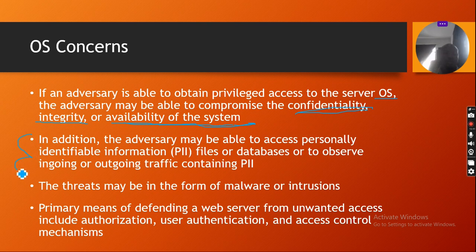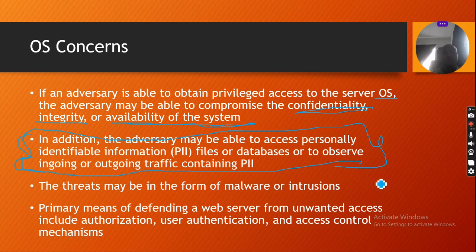They want to eavesdrop or observe the traffic, the ingoing and outgoing traffic of all the personally identifiable information. You know, when they have access to all the ingoing and outgoing personally identifiable information, then you are in trouble, because there is no secret in your business. All the sensitive personally identifiable information that you have in your database can be compromised. Okay, can be compromised, and can bring about other negative effects or adverse effects on the client or the users who provided this information in the first instance. Then let's talk about that.